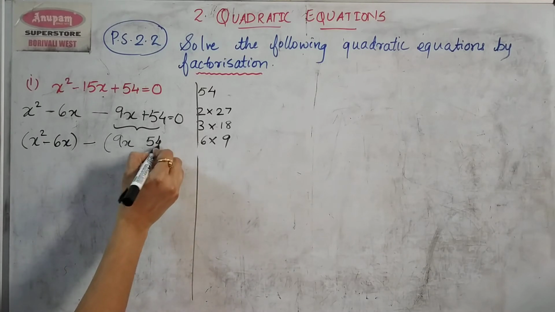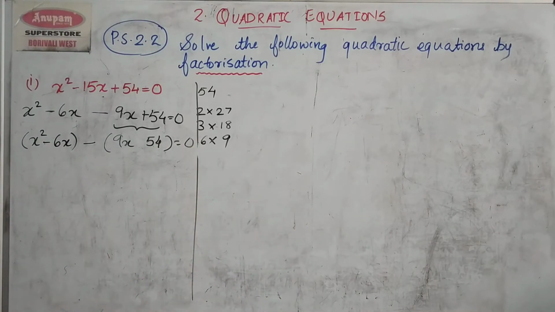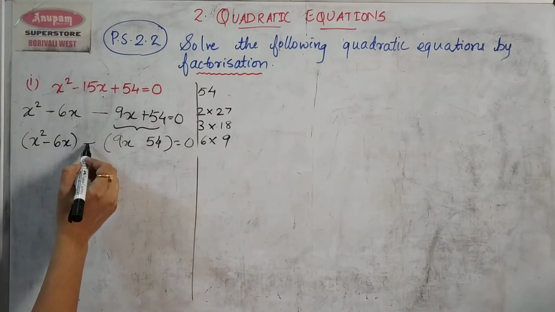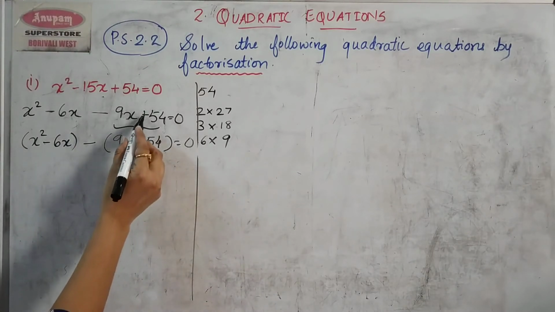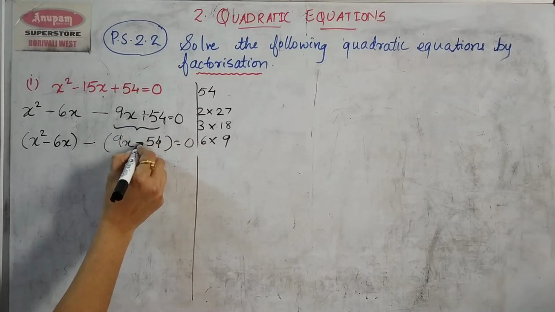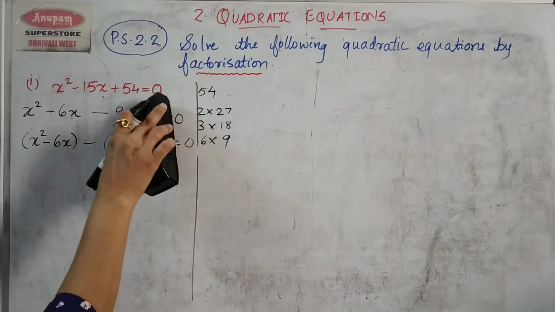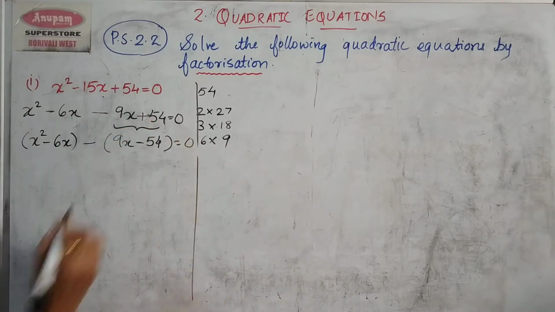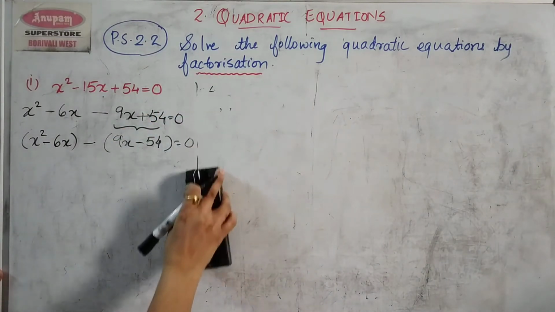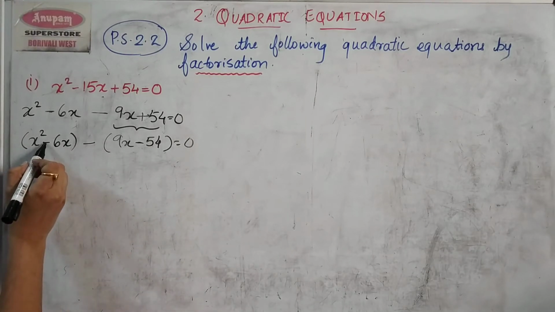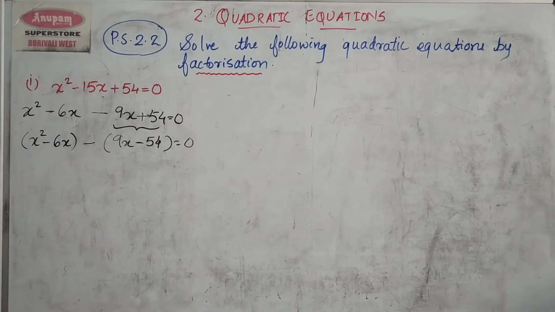Why have I not written sign here, children? It is because we have a minus sign here. So whenever you have a minus sign here and you put a bracket, then this sign you will change and you'll put minus. This is plus, so this becomes minus in the next step. So now let us solve it further. And if you don't understand what sign to put here, no children, a very simple logic is whatever sign is present in this bracket, put it here straight away.